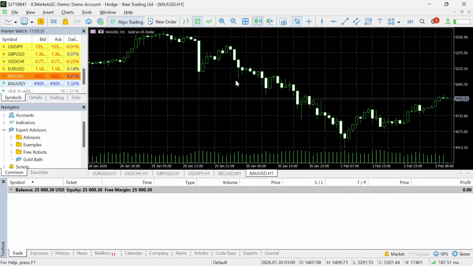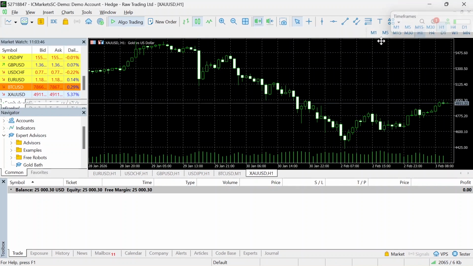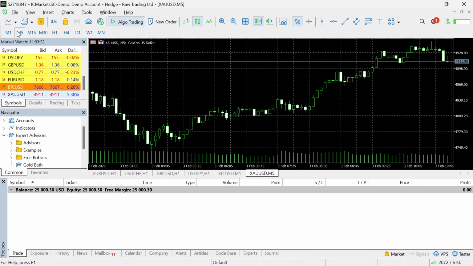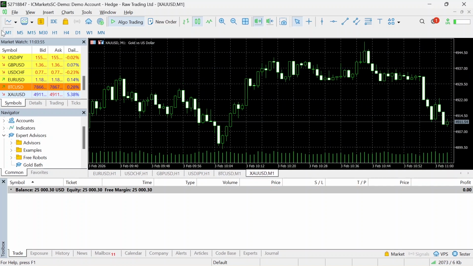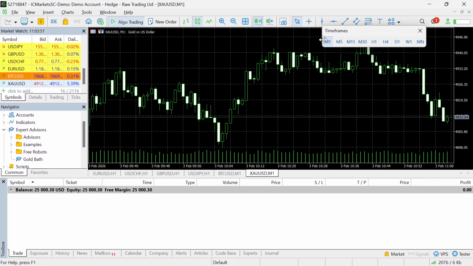So let's assume there's a particular time frame you wish to trade on, right? You can either get the time frame here, but not all my time frames are showing, so I can drag and drop my time frame toolbar so that I will have my options here, but I don't like it like this, so I can easily navigate, right? So this is one way. So the other way